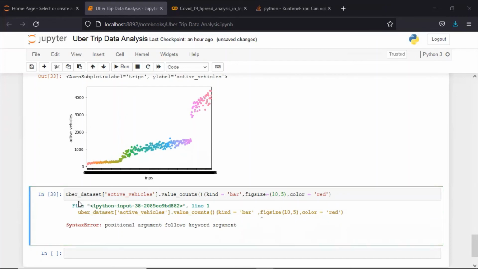So here, what I'm doing on this data set, this column, is counting how many values I have in my data set, and I'm going to draw the bar graph. This is my function, this is my column of this data set, and I am passing it to this function. So let me add the plot function here.